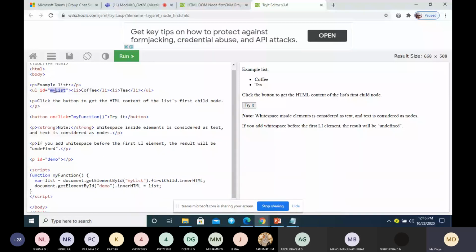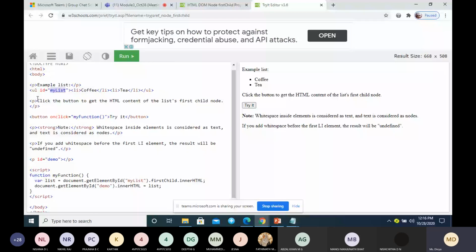To access any tag which has a specific ID, you can write it like this: document.getElementById. Remember, here it is E capital, B capital, and I capital. You have to write it as it is. It will give you the UL tag.